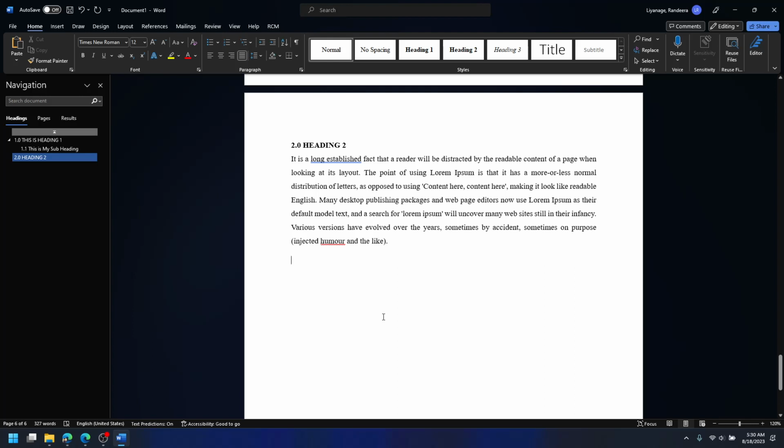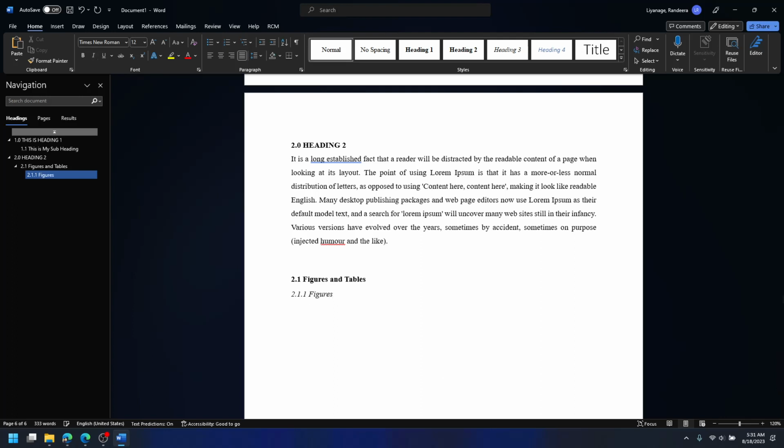So I will start a new subheading for this. So I will say 2.1, and inside this subheading I will start another subheading called heading 3, and I will call this 2.1.1